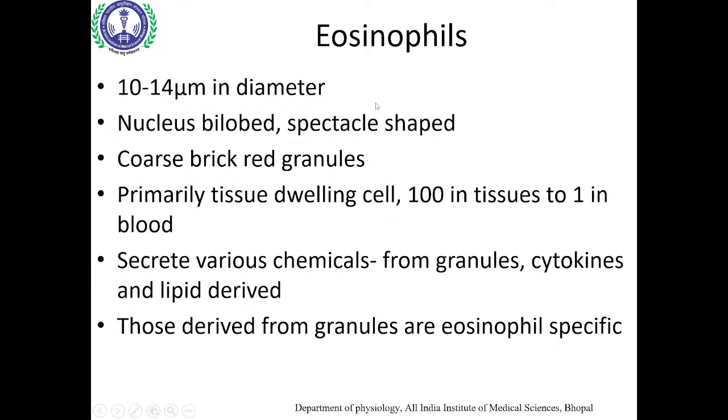ठीक है, coming to the next WBC, that is eosinophil, the size is almost the same as that of neutrophils. The only difference is that it has a nucleus which is goggle shaped, so it is a bilobed nucleus, and they have coarse brick red granules. When you will be doing absolute eosinophil count, right, then you will be seeing that these eosinophils are filled with these pink color coarse granules, right, reddish pink, right?